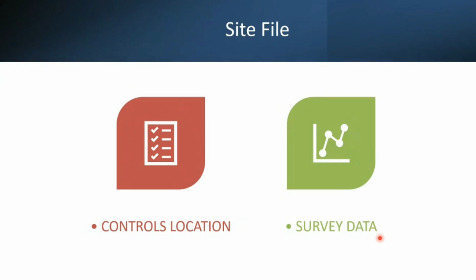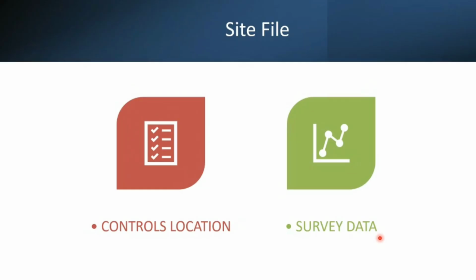Beside the architectural model, you need to have the site file, the site model file, and it's usually a Revit file. The surveyor prepares the site model based on the survey data that they have collected from the site. The site file controls the location and position of the building and also building elements, and it is based on the survey data. Survey data is real world data, shows the location of the topographic elements, civil features, and